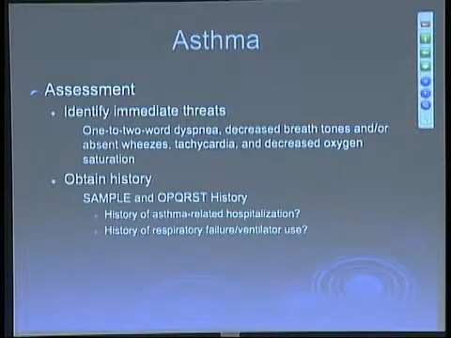In your history, besides the normal history, get as much as you can from the patient, including history of asthma-related hospitalization. If they've been hospitalized in the last 24 months for asthma, that means they're significantly asthmatic. They get max treatment. If they've had a history of ventilatory failure or ventilator use in the past, they are also at high risk for